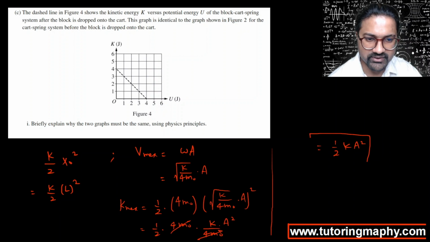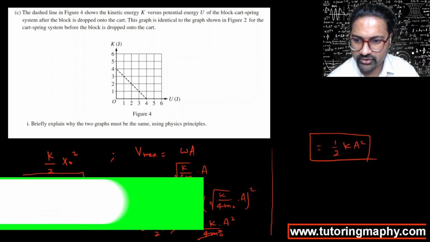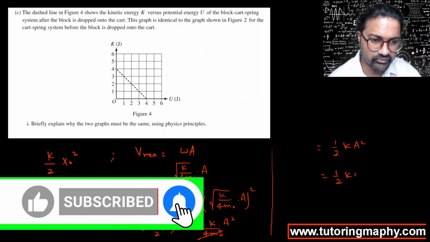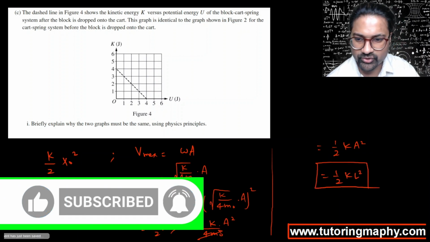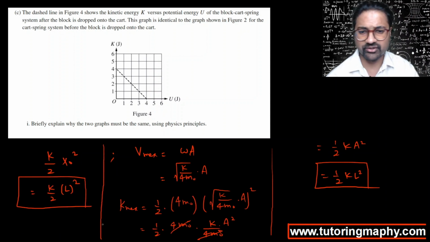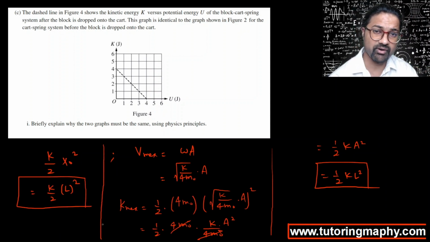a square, which is nothing but what we got over here, because amplitude is obviously L, so I can replace amplitude with L, and we can clearly see that these two energies are still the same. So you can justify using this, obviously, because AP Physics 1 goes with the rubric and everything is stepwise marking. So if you want to show the math, you can do this and you will get full credit. Otherwise you can write it qualitatively, or whatever I have said, the justification